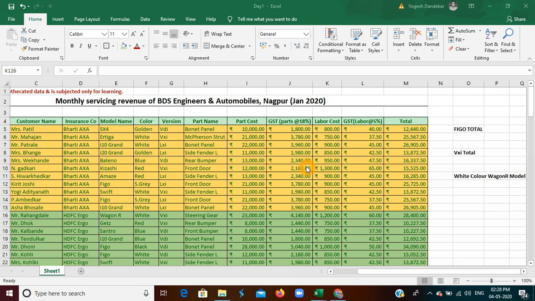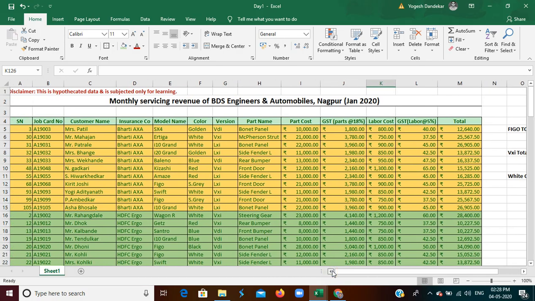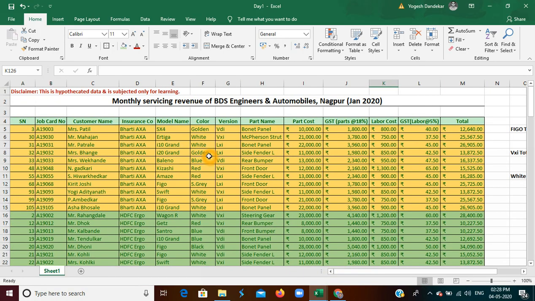Okay, let me start. So, dear friends, this is the main database on which we work today in Excel. This is nothing but a sheet of monthly servicing revenue collected by Messrs. BDS Engineers and Automobiles for servicing of their cars through different insurance companies in the month of January 2020.